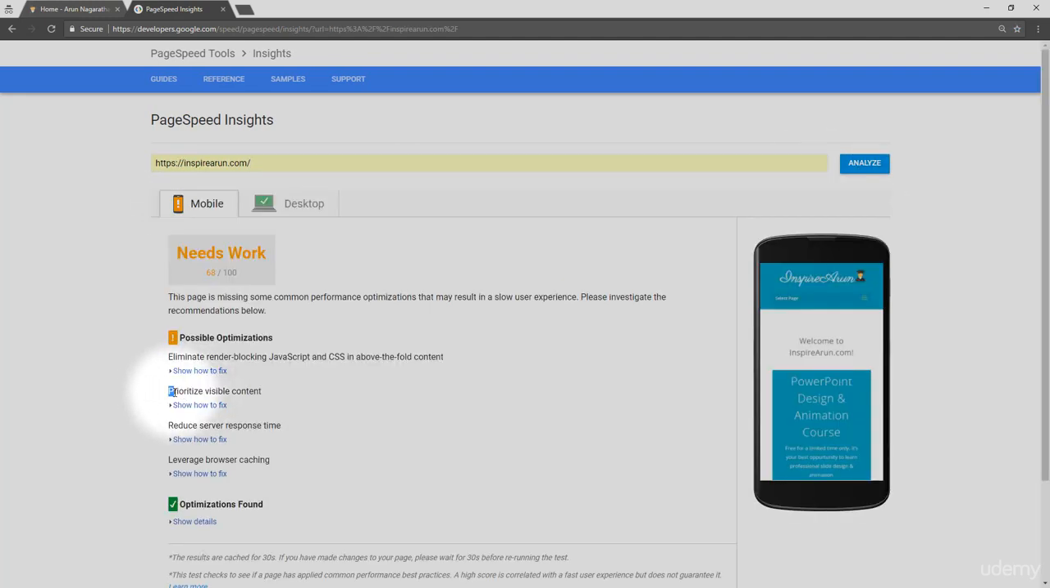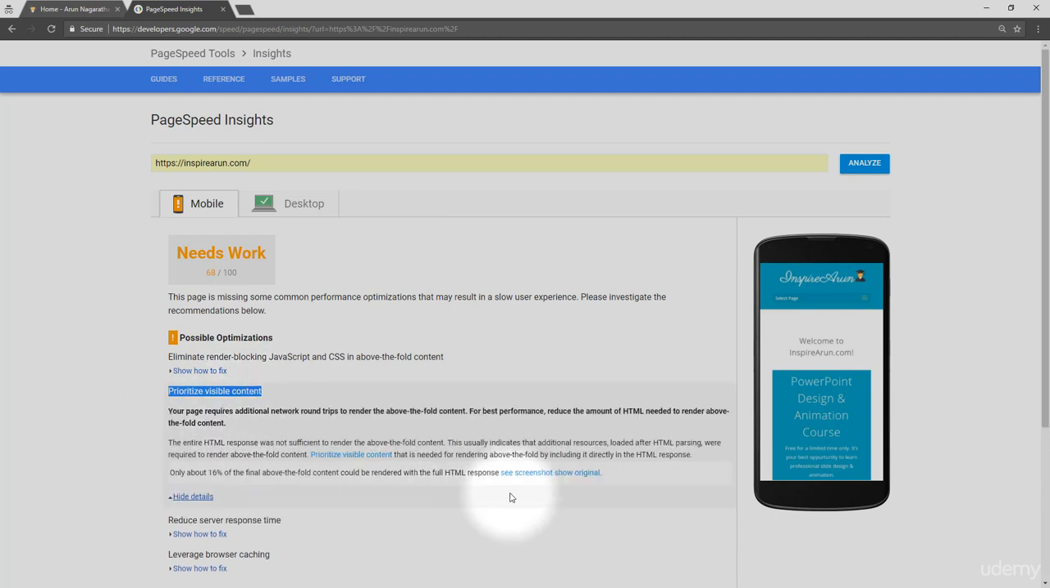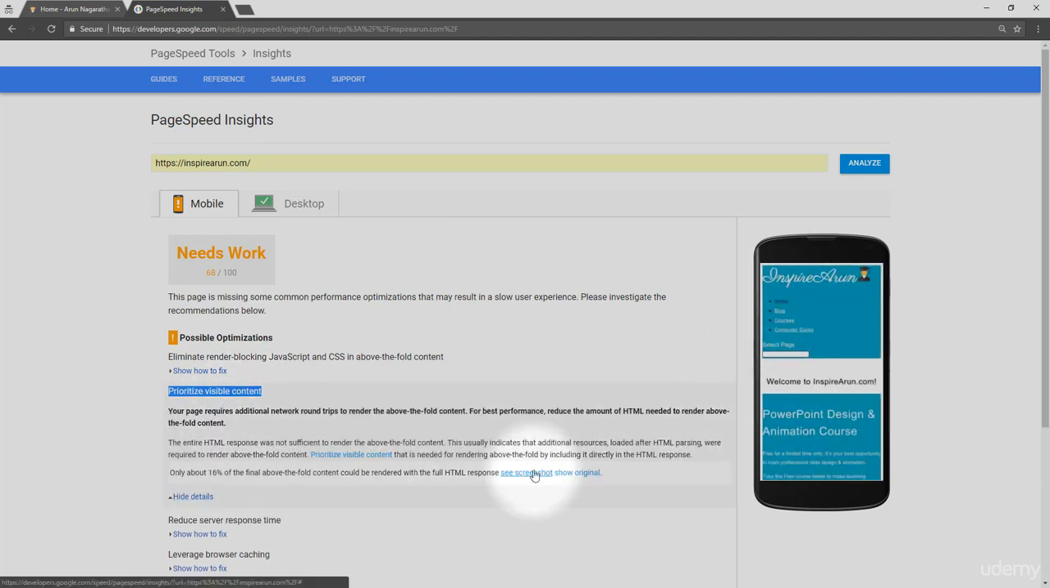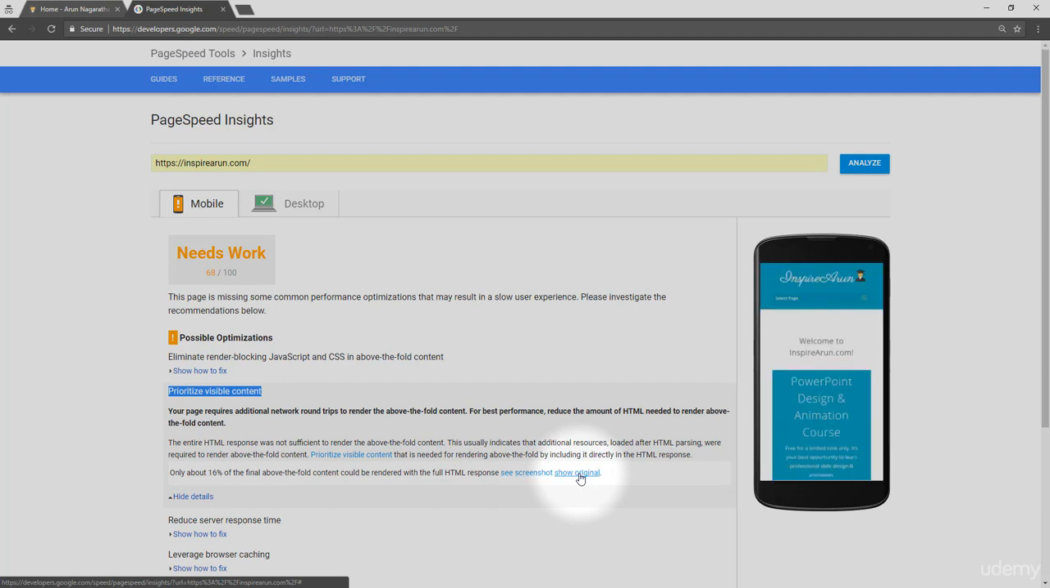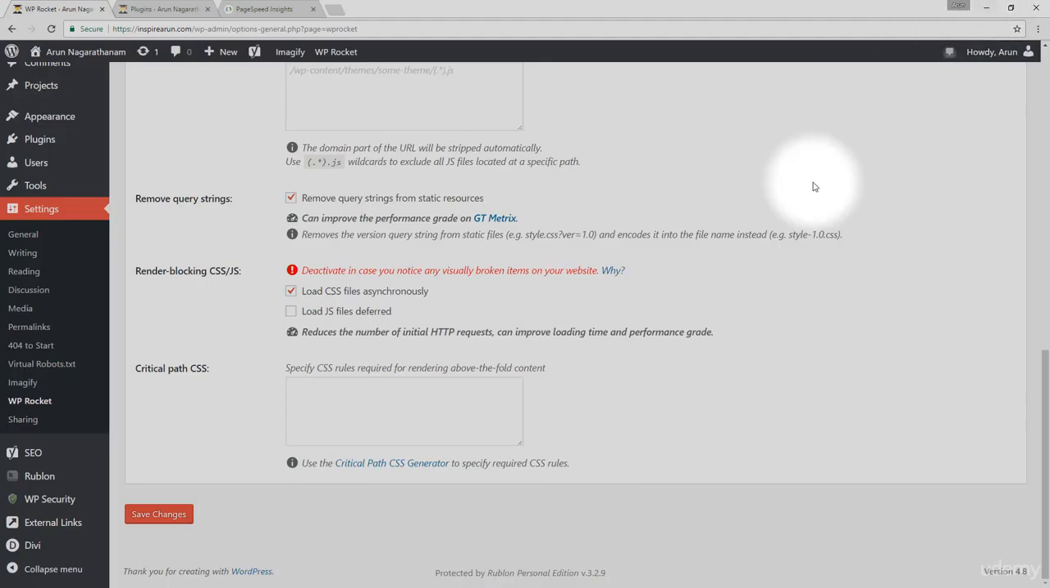See, here is the priority visible content issue. Expand this and you can see the screenshot. You could notice the website loading without any CSS styles at first, but eventually displaying correctly with all CSS styles. Though the flash of unstyled content is only for a few milliseconds, some users may notice it. To counter this issue, we need to add the critical path CSS in this box, or just disable the load CSS